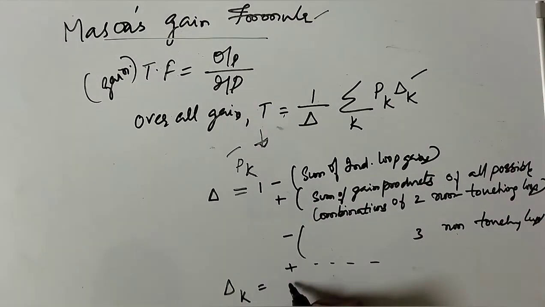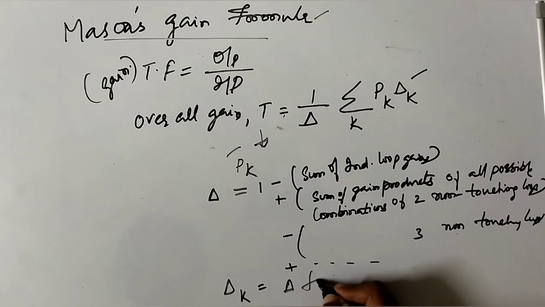And delta k is, you are supposed to find the delta for the part of the graph